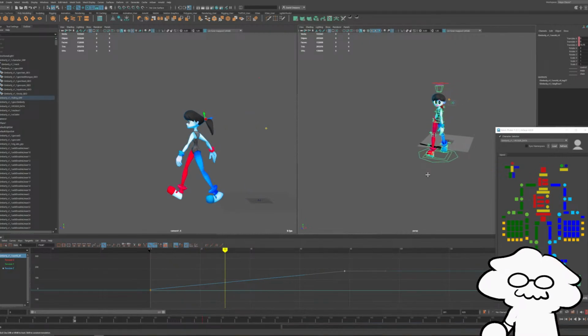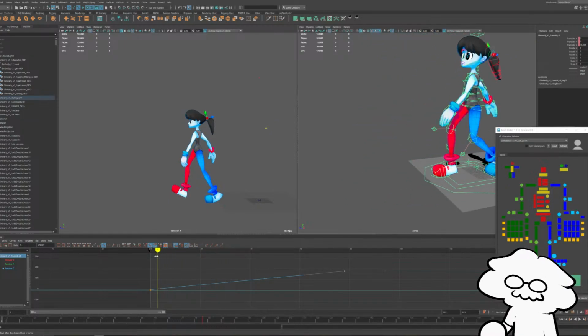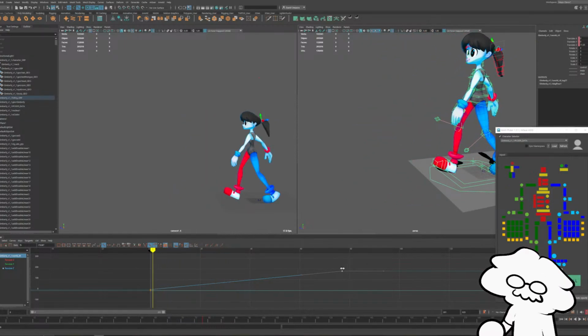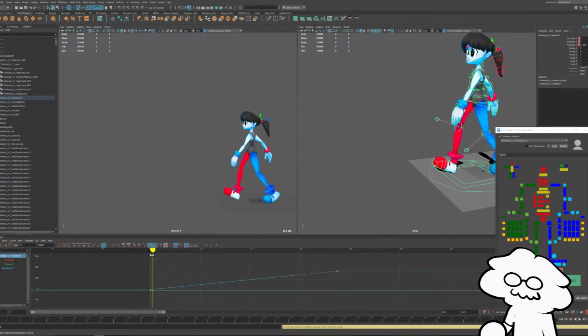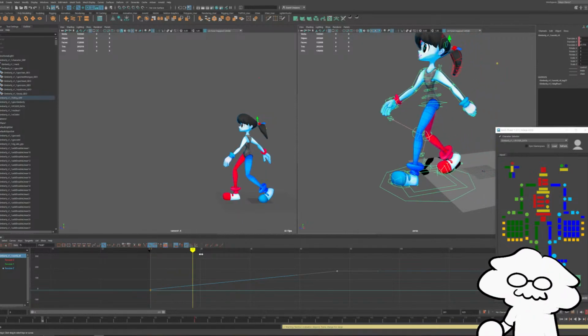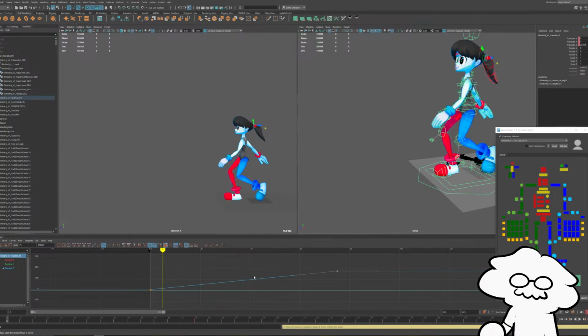I'm trying to sync the feet so that they stick to the ground as she's walking, which can be a balancing act. Which is why, if the feet are visible, you generally want to animate the character going off their control.